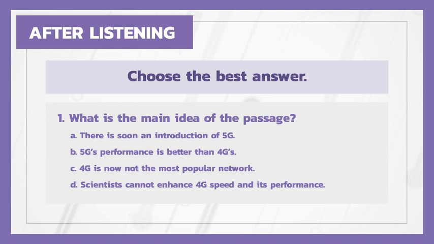passage นี้คืออะไรตอบข้อ A ครับ There is soon an introduction of 5G นะกำลังจะมีอินเทอร์เน็ต 5G เกิดขึ้นข้อ B ผิดเพราะเป็นการเปรียบเทียบนะฮะยังไม่ได้เปรียบเทียบอะไรเลยส่วนข้อ C ผิดเพราะว่าไม่ได้เอ่ยถึงว่าเป็นอินเทอร์เน็ตที่ดีที่สุดหรือว่าเป็นที่นิยมที่สุดส่วนข้อดีครับ scientists cannot enhance 4G speed and its performance ก็ไม่ได้กล่าวถึงเหมือนกันเพียงแต่กล่าวว่านักวิทยาศาสตร์กำลังพัฒนาอินเทอร์เน็ตสัญญาณ 5G อยู่นะครับต่อมาข้อที่